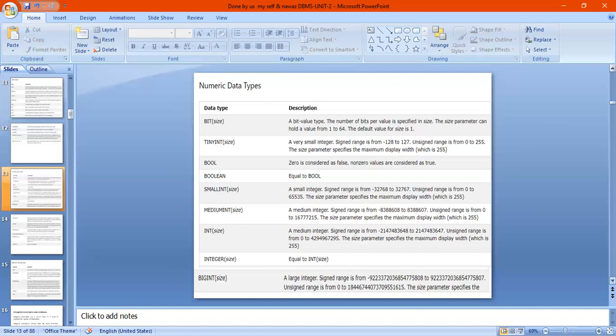The size parameter specifies the maximum display width, which is 255. Equal to integer. A big integer of size, range is from negative number to positive number. Unsigned range is 0 to this number. The size parameter specifies the